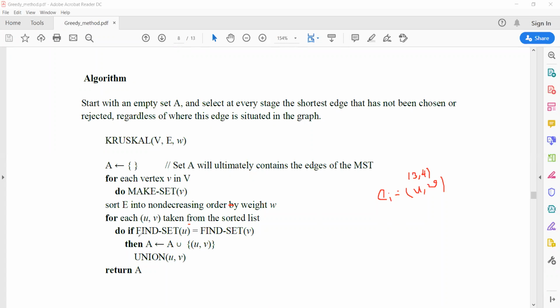So for each edge, if find set of U is not equal to find set of V,